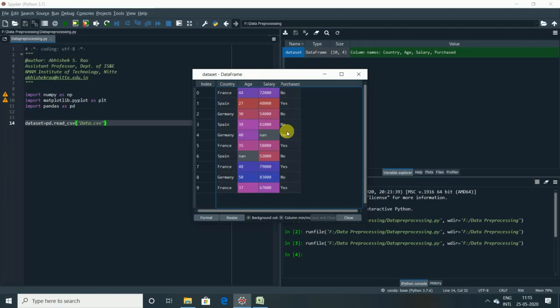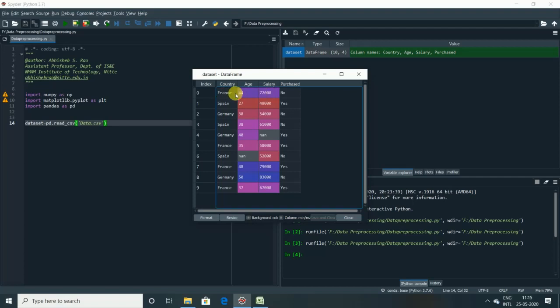So what we need to do is create 2 new entities. The first is the matrix of features, that is country, age and salary. The last one is the dependent variable vector. So let me describe this data set and explain the concept here. This is the data set, and here we have the independent variables.